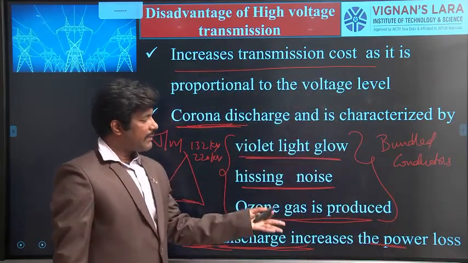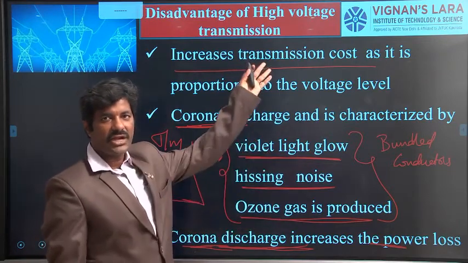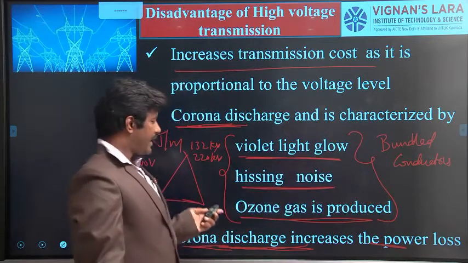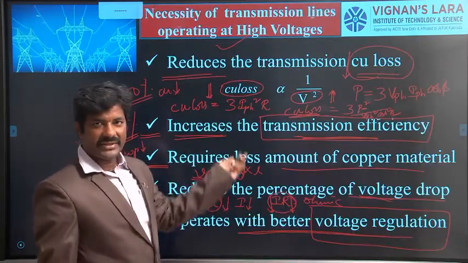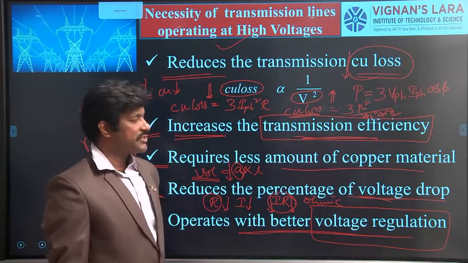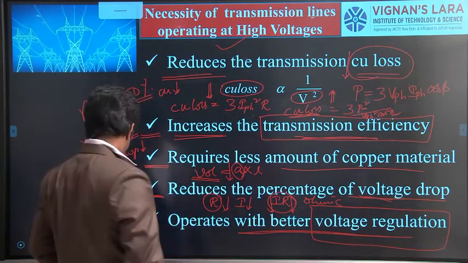So these two are the drawbacks. Anyhow, we will compromise for these two drawbacks in terms of cost and in terms of providing bundled conductors, so that we can have the previous advantages. That is why the entire power transmission lines are done at very high voltages. So coming to the summary